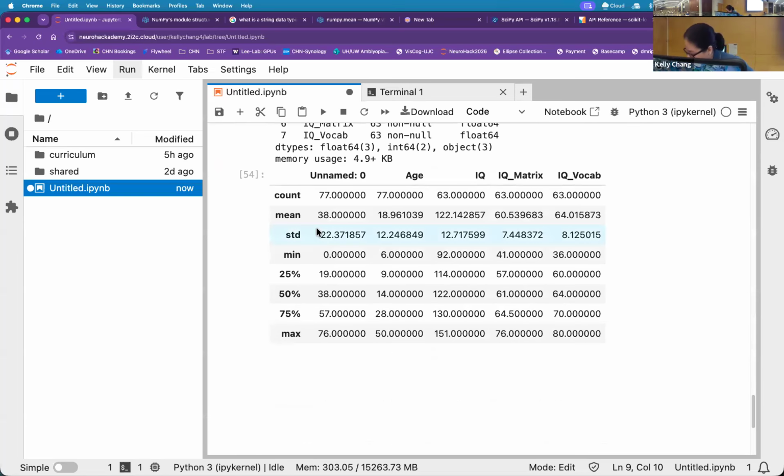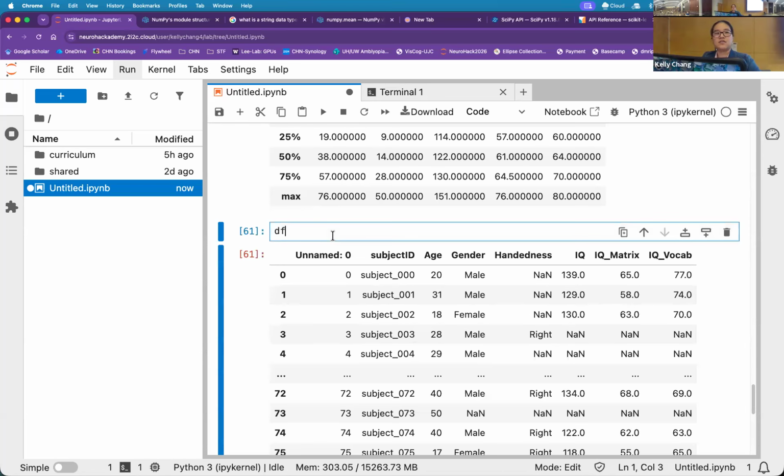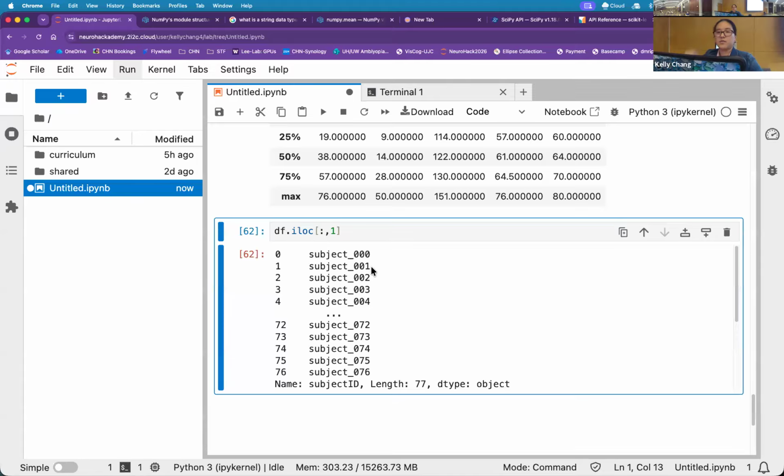Okay. How do we query items in our pandas data frame? We can do it one of two ways. You can either go naming wise, or you could go index wise. Index, as we know from all of our indexing through matrices, is our numerical position-based indexing. So if I do dot iloc, for index localize, and then my square brackets, I want all the rows of the second column. So I'm trying to hit that subject ID column right there. If I hit run on this, yeah, we got it.